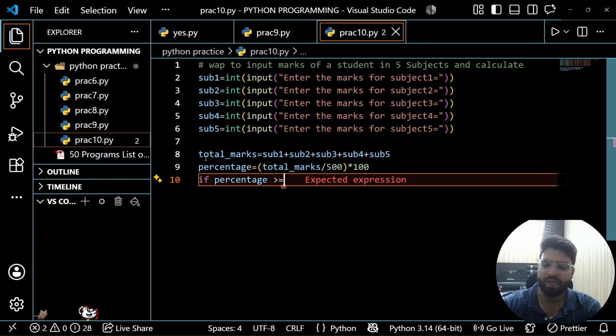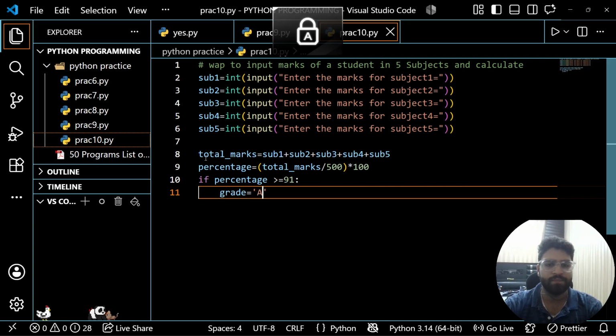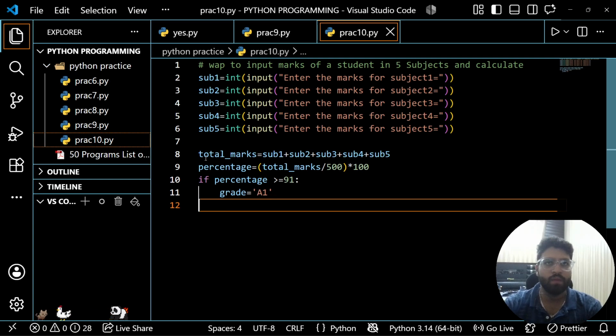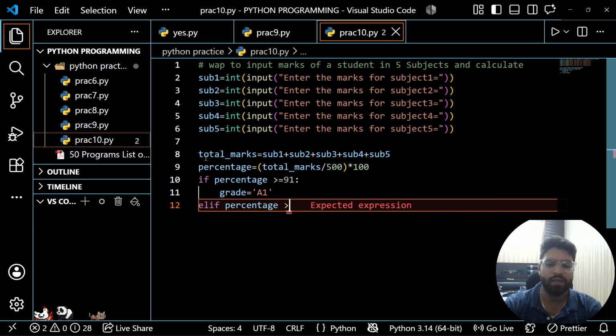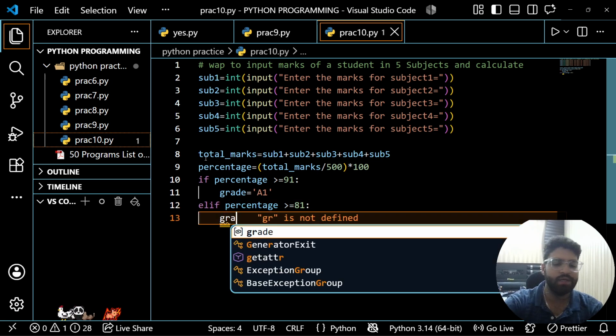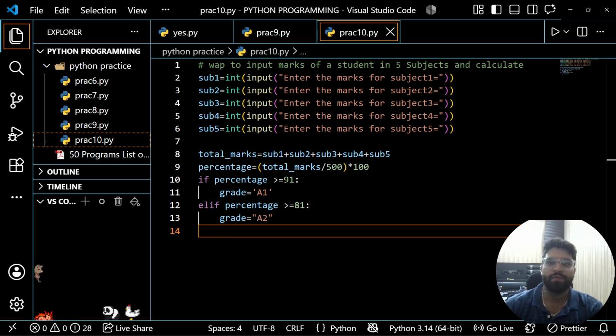If percentage is greater than or equal to 91, so we will give the grade as A1. Okay. And if percentage is greater than or equal to 81, we'll write here grade equal to A2. Okay. So we have written grade A2 here. Okay. Then